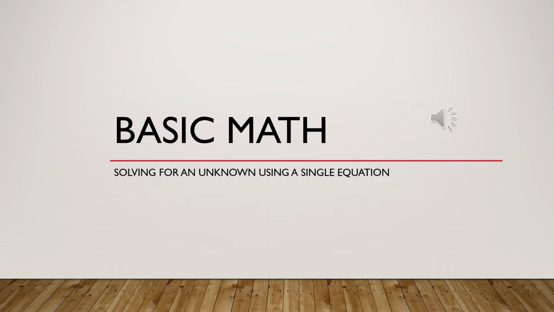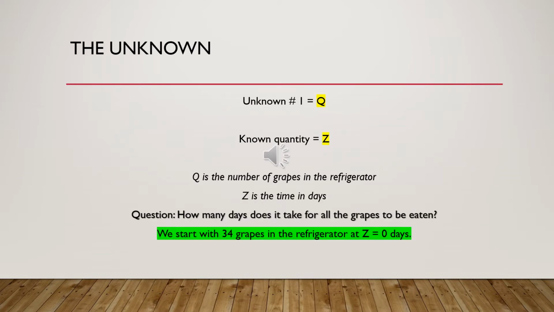In this video, we're going to learn about basic math, how to solve for an unknown using a single equation. In this example, our unknown is going to be called Q, and we're going to calculate Q from a known quantity called Z. Let's assume that Q is the number of grapes in the refrigerator, and Z is the